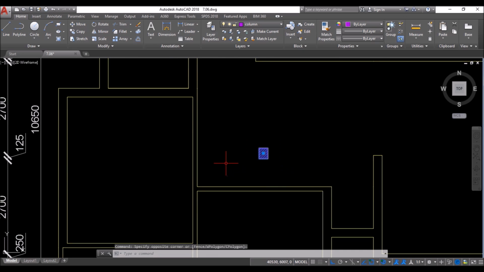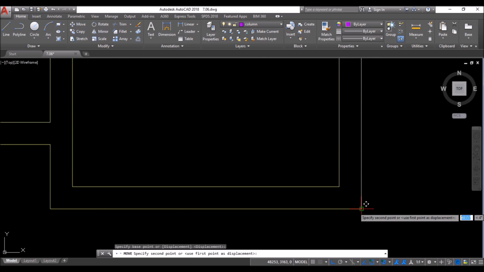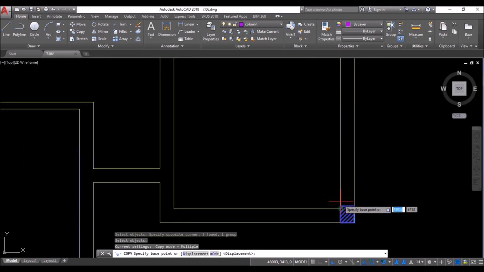Then select the column, click on move tool, click at this corner, and then click at this endpoint snap to move it over here. Then select the column, click on copy tool and place it in respective positions.